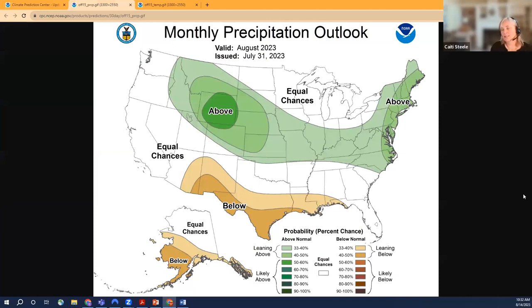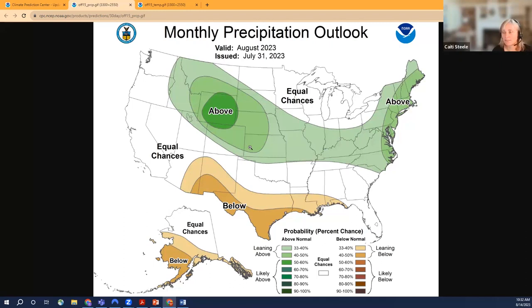So here's the precipitation map. Now, if we look at the Southern Great Plains area, to the southeast of Colorado and parts of Kansas and in the Oklahoma Panhandle here, we've got a small area that's got a 33 to 40% leaning above probability of above average rainfall. Go a bit further north, maybe 40 to 50% of above average rainfall. But this isn't a high percentage, and I wouldn't count on it, especially as we're in the last month of